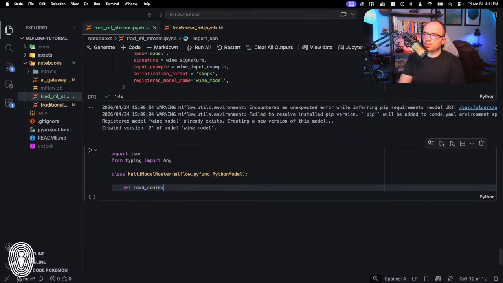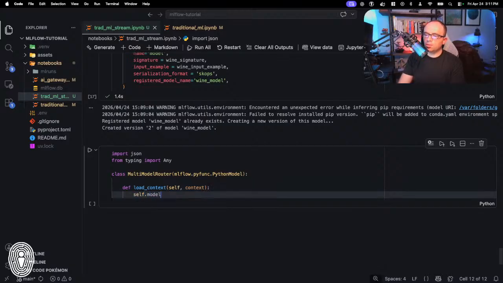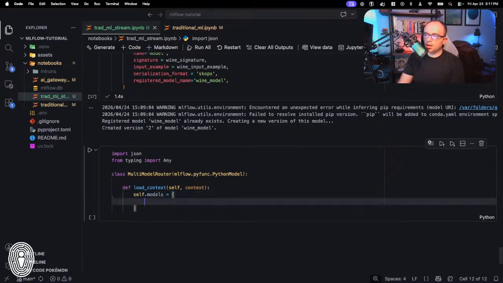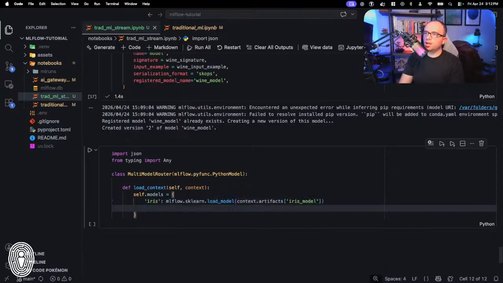So we're going to do def load_context, with self and context, and then we're going to say self.models equals iris, mlflow.sklearn.load_model, context.artifacts iris_model. Okay, and then we are also going to load in the wine model here, not wind. Wine: mlflow.sklearn.load_model, context.artifacts wine_model.